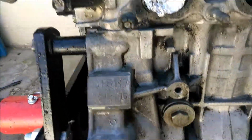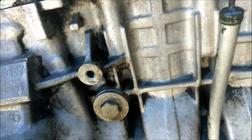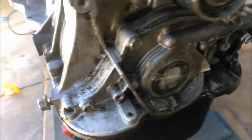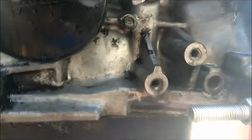Like I told you guys, there's some heavy grease, so I'm gonna have to use a wire brush after, but it looks pretty much better than how it used to look. It used to be all greased up. Now there's barely any grease,